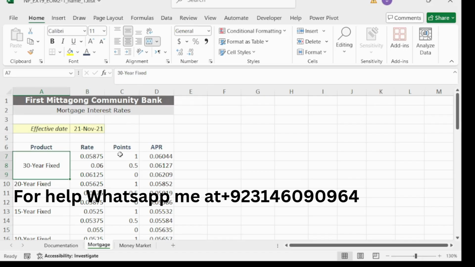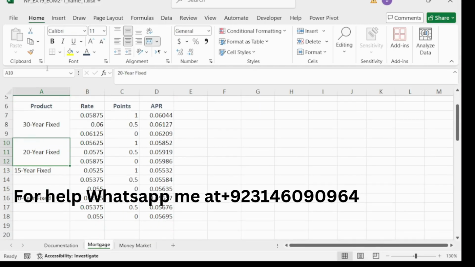And our step number 6 is copy the formatting of the merged cell. Copy this and then paste. And then paste the formatting into A10 to A18, like this. Then copy this and paste it, and then copy this and paste it like this. So we have completed our 6th step here.